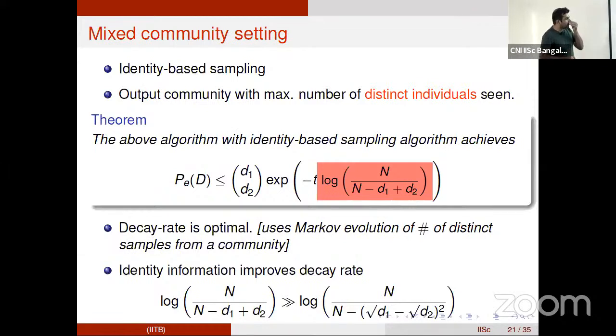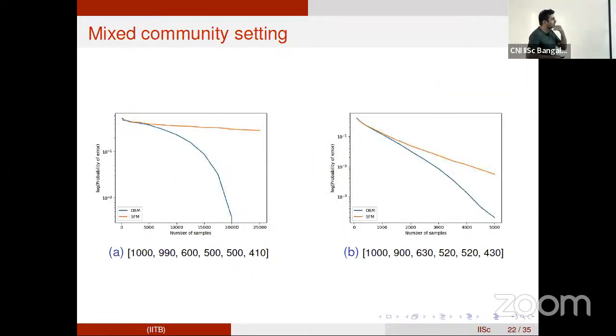Okay, so you can also see this using some synthetic data sets. We have taken 5,000 individuals, and we have divided them into 6 communities here. You can see the orange line here corresponds to the identity-less sampling, and the blue line corresponds to the identity-based sampling. Here these instances mainly differ in the fact that the top 2 communities are very close to each other. So it's a harder instance in some sense to be able to find the largest one. Here they are more well separated. So you see here that the gap is much larger when you have harder instances. Here the performance is more similar when the instance is easier.